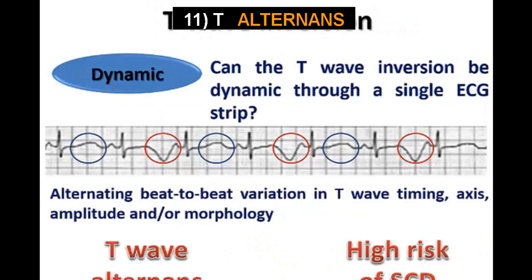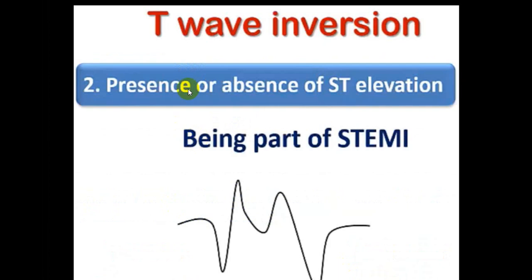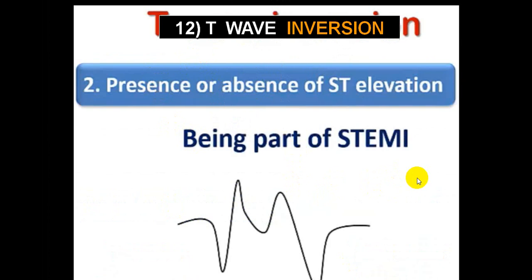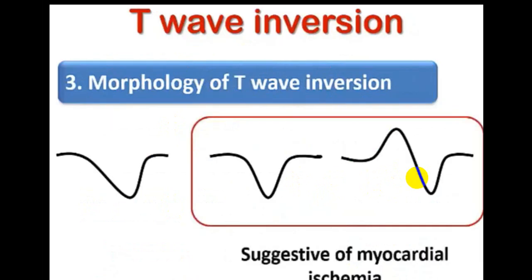Also, amplitude is of importance. Higher the amplitude, higher the chance of ischemic heart disease. If there is a ST segment elevation or depression, with or without T wave inversion, it is always in favor of ischemia. So if there is an ST elevation or ST depression with symmetrical T wave inversion, it is in favor. Biphasic T wave, upright T wave followed by a negative, is in favor of ischemia.